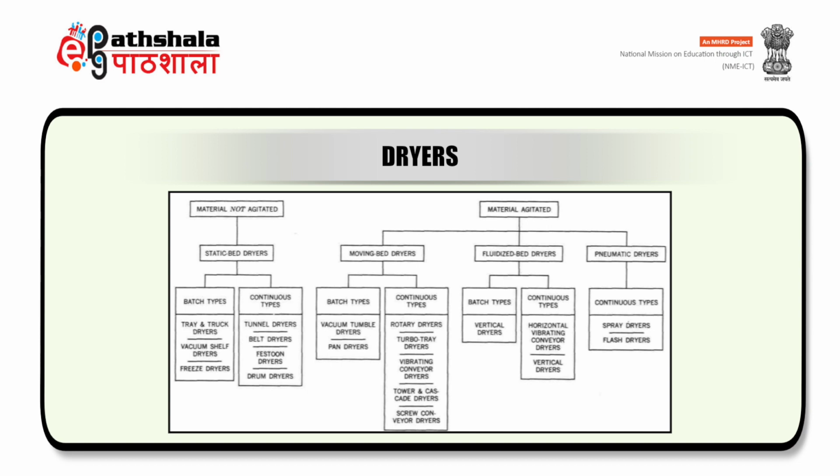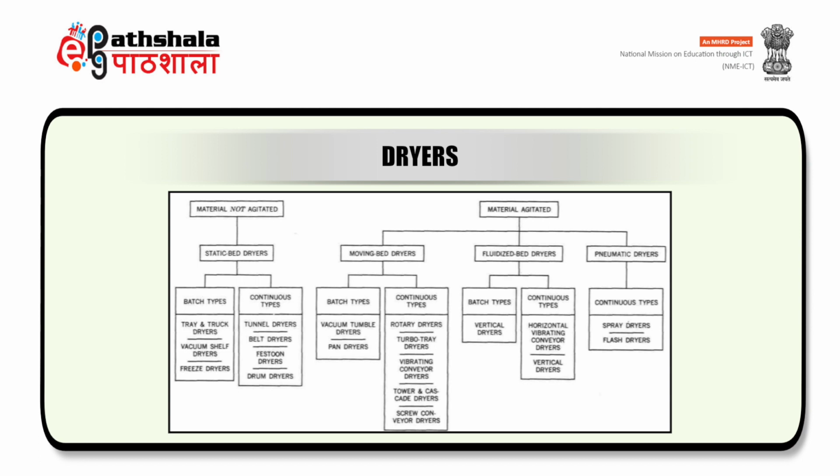Now, dryers as per material agitated. These are of three types: moving bed dryer, fluidized bed dryer, pneumatic dryer. Moving bed dryers are again classified as batch type and continuous type. In the batch type, the examples of dryers are vacuum tumble dryer, pan dryer. In continuous type, the examples of dryers are rotary dryer, turbo tray dryer, vibrating conveyor dryer, tower and cascade dryer,